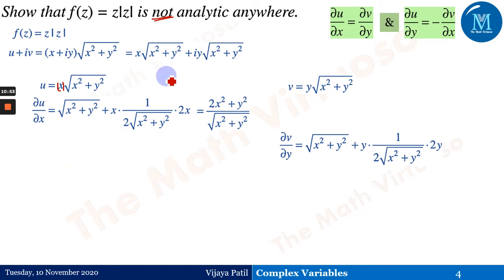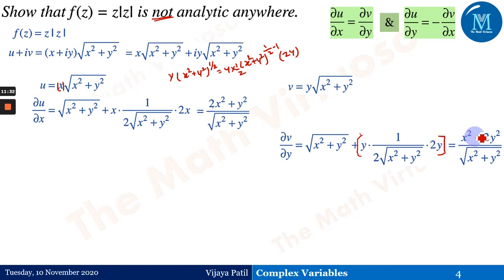Okay, so if I have this y into square root of x square plus y square, this can be written as y into x square plus y square to the power half, which I'm differentiating now. I'm just showing you with this particular term how this has come. So this equals y into 1 by 2 into x square plus y square to the power 1 by 2 minus 1, into differentiation of x square plus y square with respect to y, which will give me 2y. And therefore, if you observe, this entire term is the same as what I have written here. The same thing is with x, and therefore we have got this as the term.